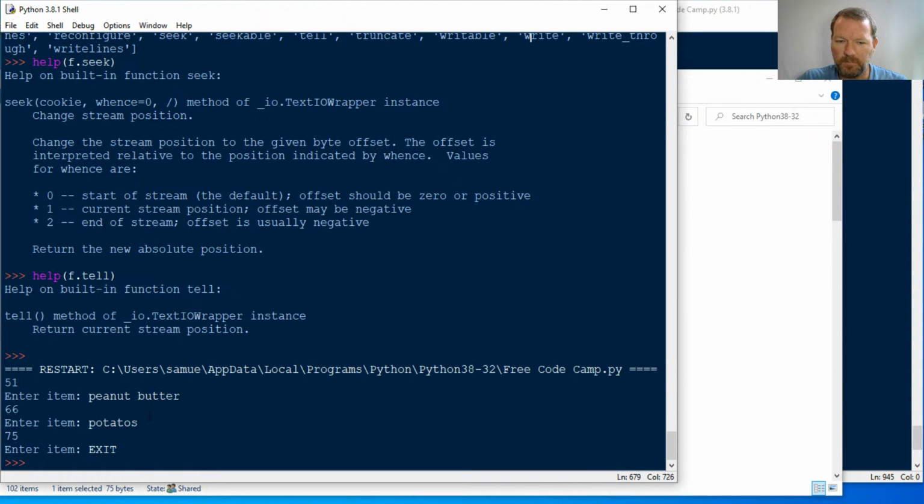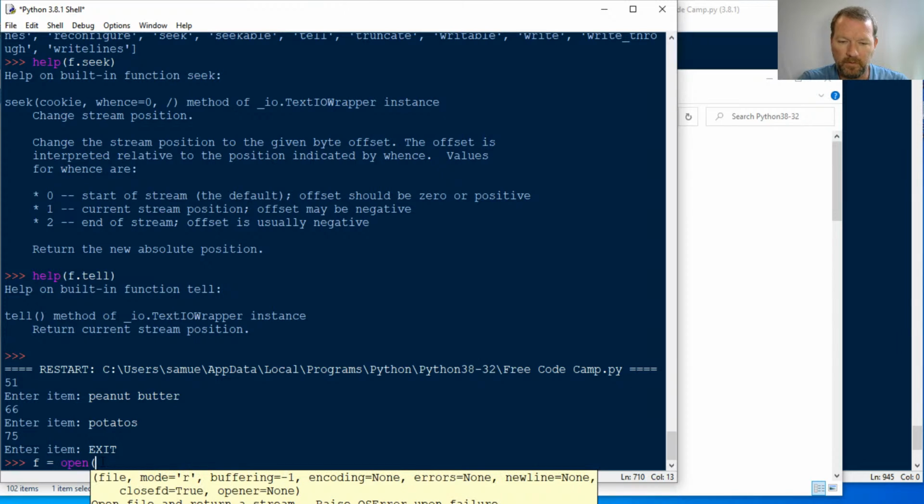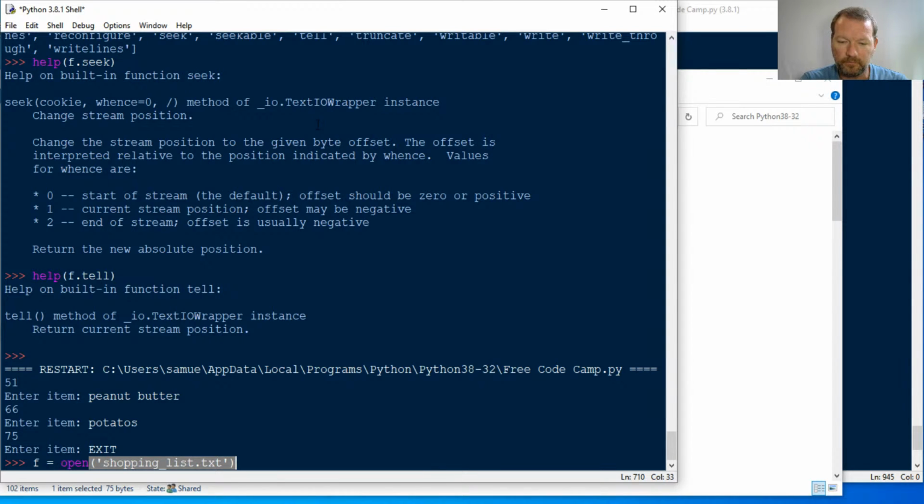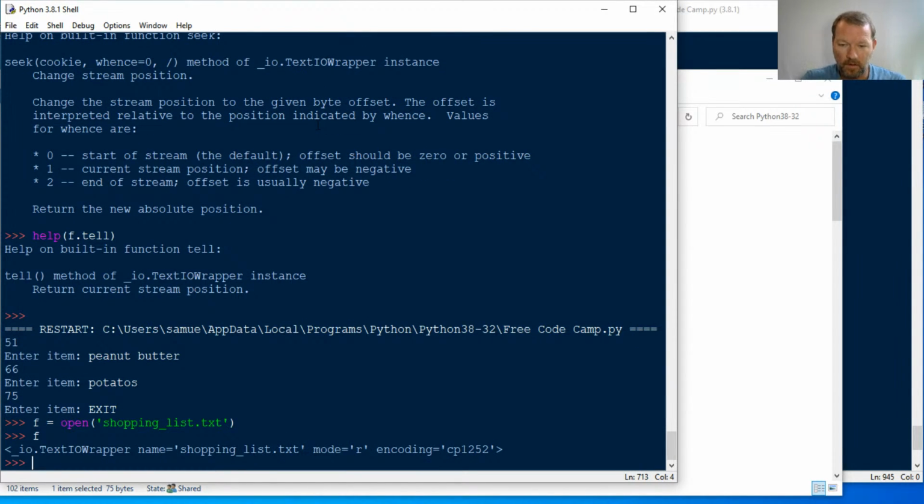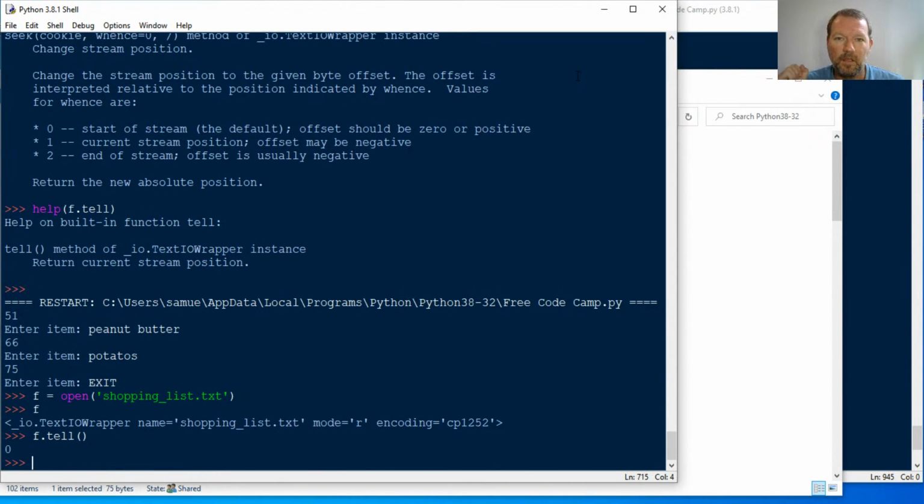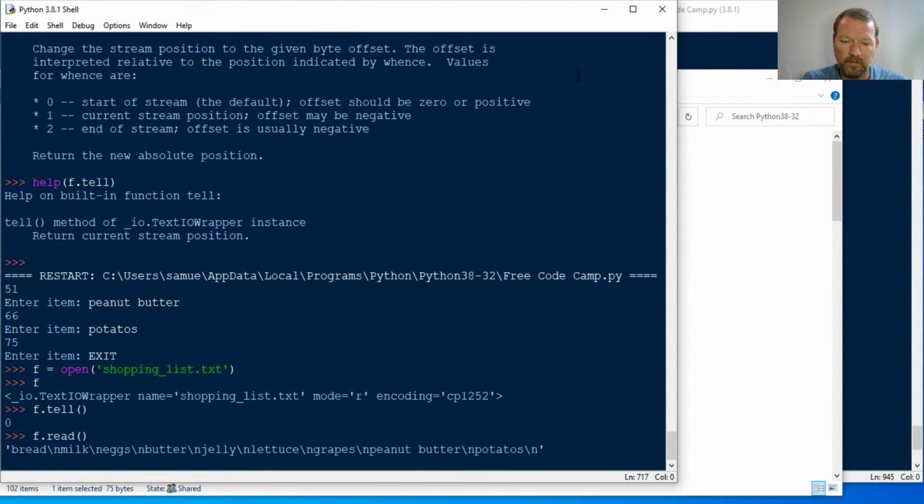So now let's bring this open. So f equals open shopping_list.txt. It already defaults to read, right? Okay, read. So then f.tell is 0, the beginning of the file. So then if I do file.read, I have all of this. So if I do print file.read,